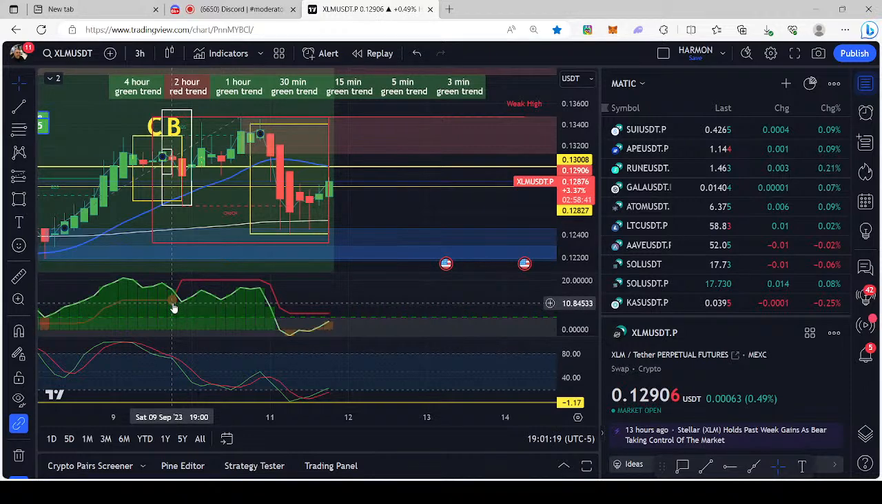You have a red 3 hour moon. This trade should have been the